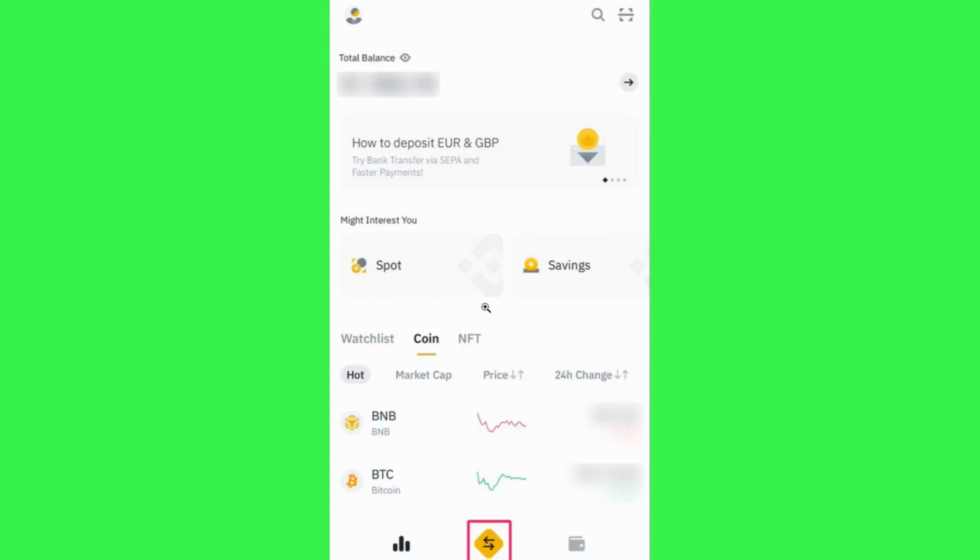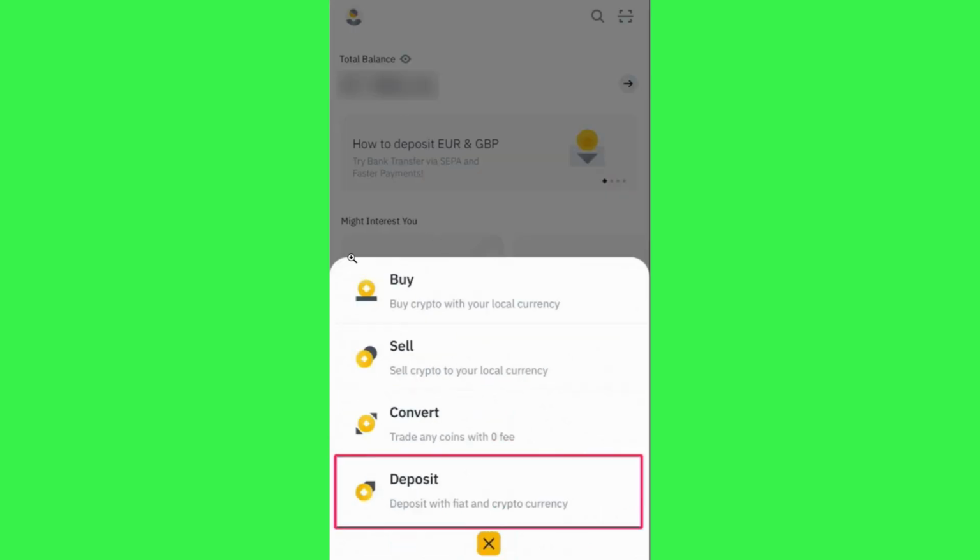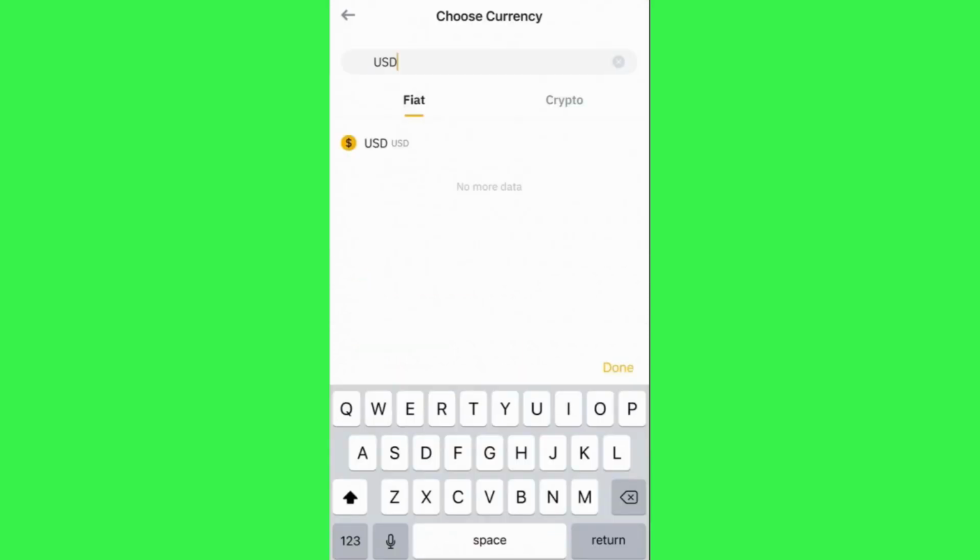For that you need to first launch your Binance mobile application. Now once you are on this page, you will have to tap on this transfer tab in the bottom. Once done, you are going to see this type of pop-up in the bottom where you will have to tap on the deposit button. After that, it will ask you to choose your currency. So you will have to tap on fiat, and after that you need to search for USD in the search